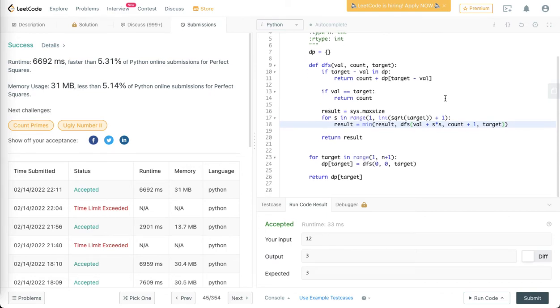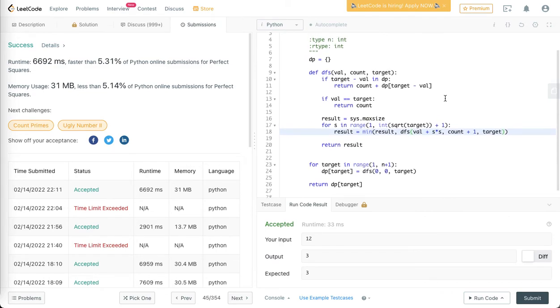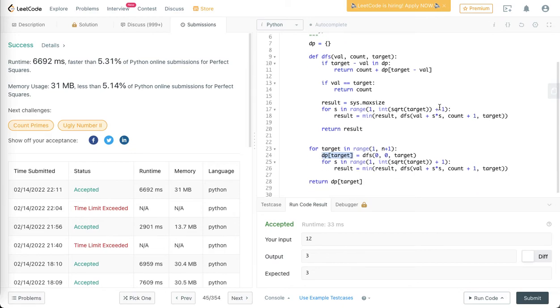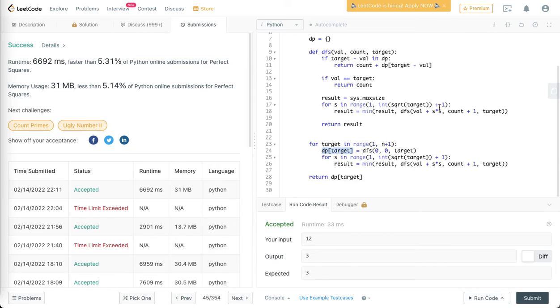Let's check how we can create a bottom-up DP solution. And we are simply going to copy this thing and put it here. The thing is very obvious. Obviously, our bottom-up solution can be arrived at from here. So it is the same. All we need to do is